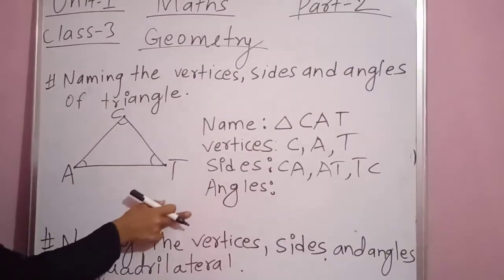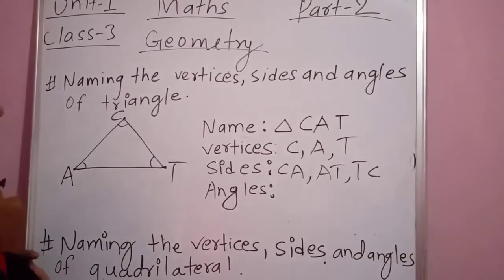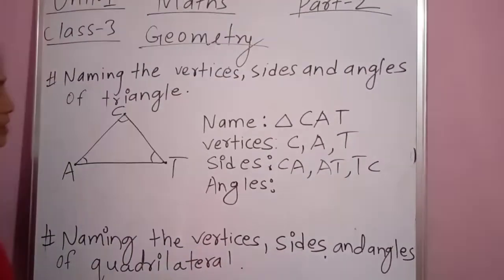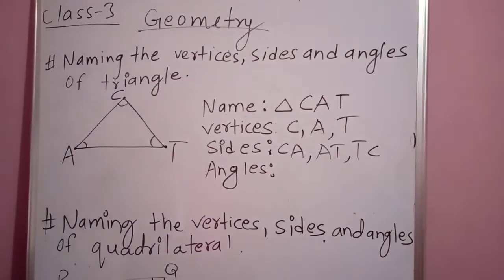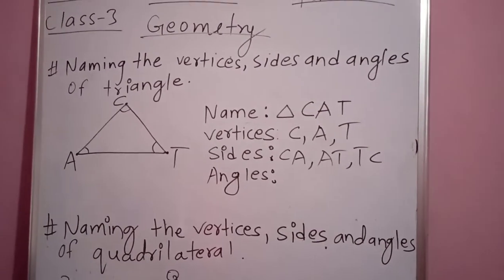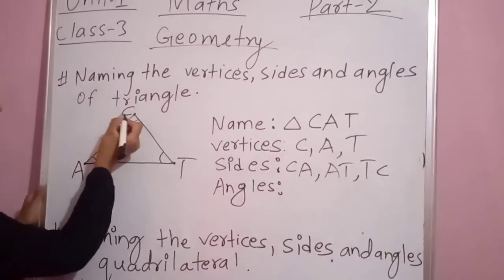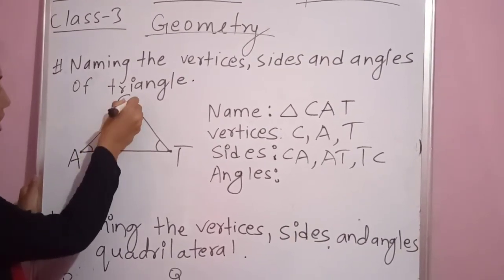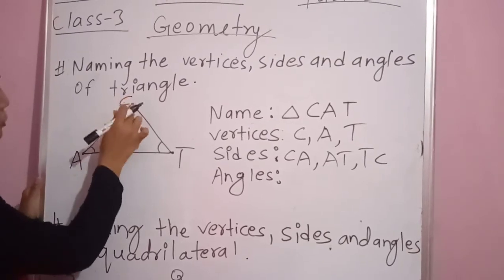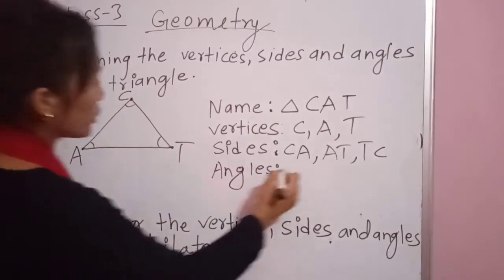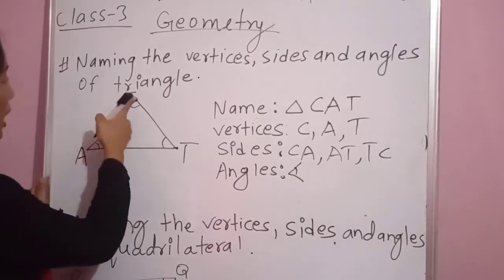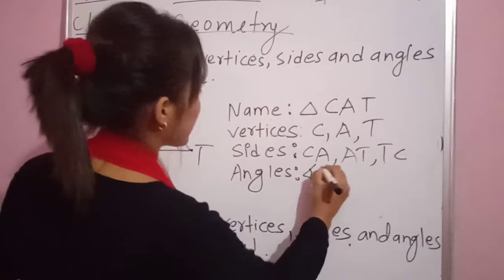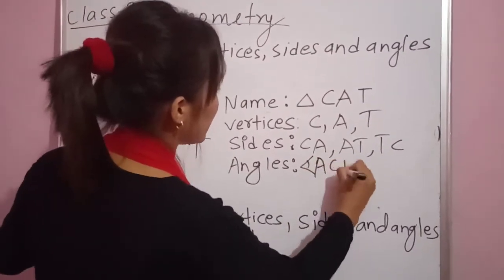Likewise, the angle names. You can write the angle names by the 4 method, but here I am going to write the name of an angle by the method that I did in the first part video. First of all, when you write the name of this angle, you have to put this C in the middle of A and T. So you write the angle sign, then put C in the middle: angle ACT.